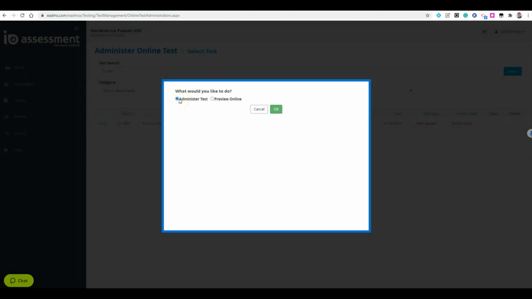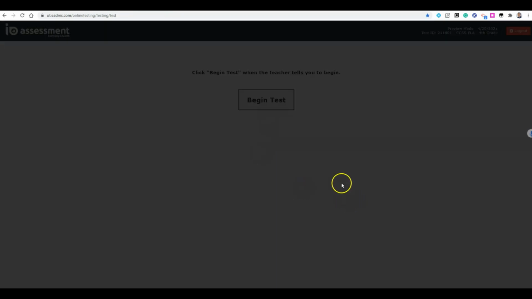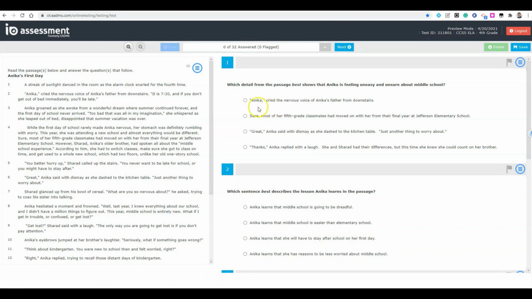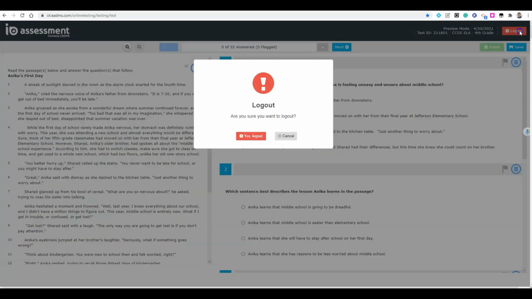Either one, I could administer the test, and that's when I'm ready to actually go through the process. But if you're interested in seeing what is on the exam, you have this other option, preview online. Click OK. And from there, you are going to be able to see exactly what your students are experiencing as they take this assessment. Now, I'm going to go ahead and log out